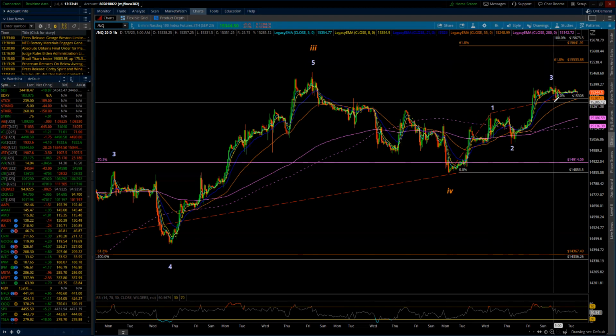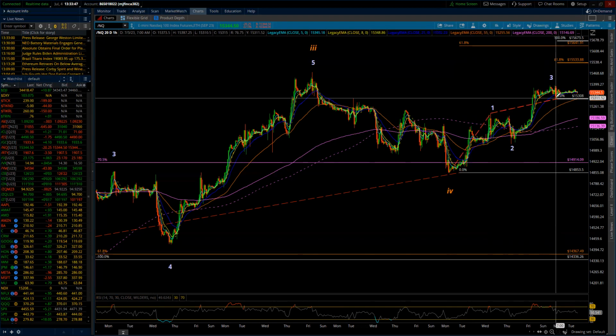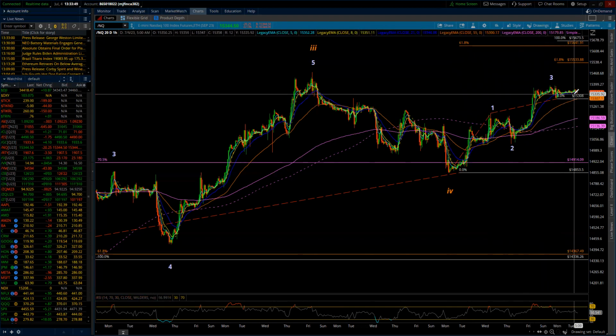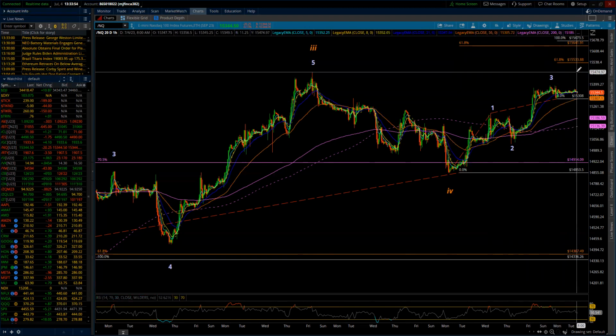Sorry about that. It's going to start right up again. That would be labeled wave 4, and then we're into wave 5. So we should get, again, 1, 2, and this is a little bit of wave 2, and then we get a nice little climb up out of here.